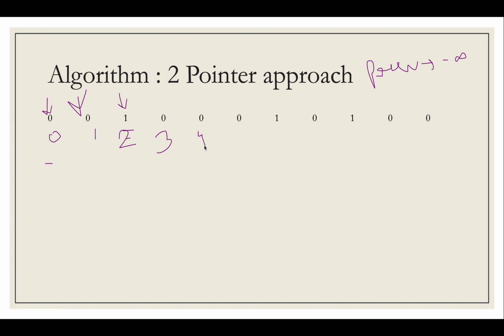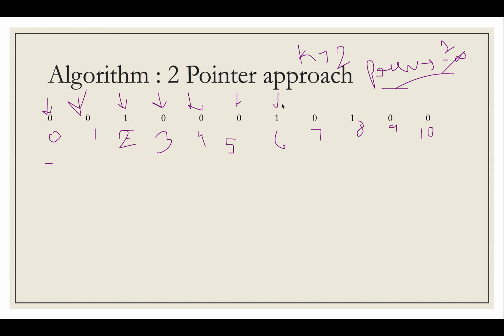This is 3, this is 4, this is 5, this is 6, this is 7, this is 8, this is 9, and this is 10. Now, since it's the first one, let's simply update the previous index to 2. Had it been the second or third one, you would have compared it with the previous index value, calculated the difference between these two and compared it with k. K in this case, let's take 2. So we just update the previous index to 2, and then move ahead. It's 3, 0, 0, 0.